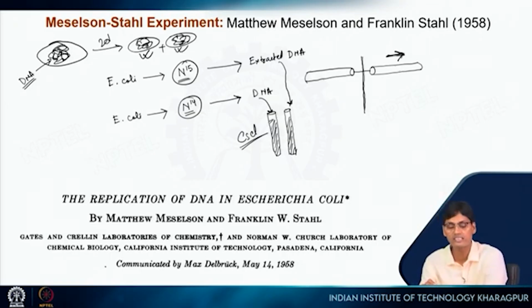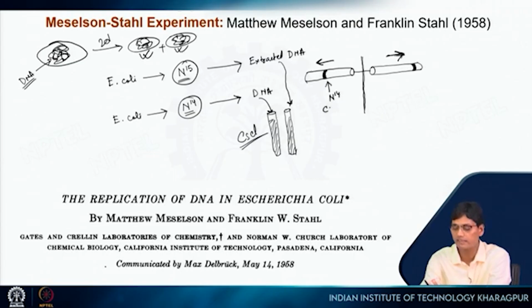Now N15, since it's heavier, if N15 is present here, they noticed that the N15 containing DNA moved towards this direction more compared to N14. Those are the same size tube. As you can see here, this is the centrifugal force. So they noticed that this is N14 containing DNA and this is N15